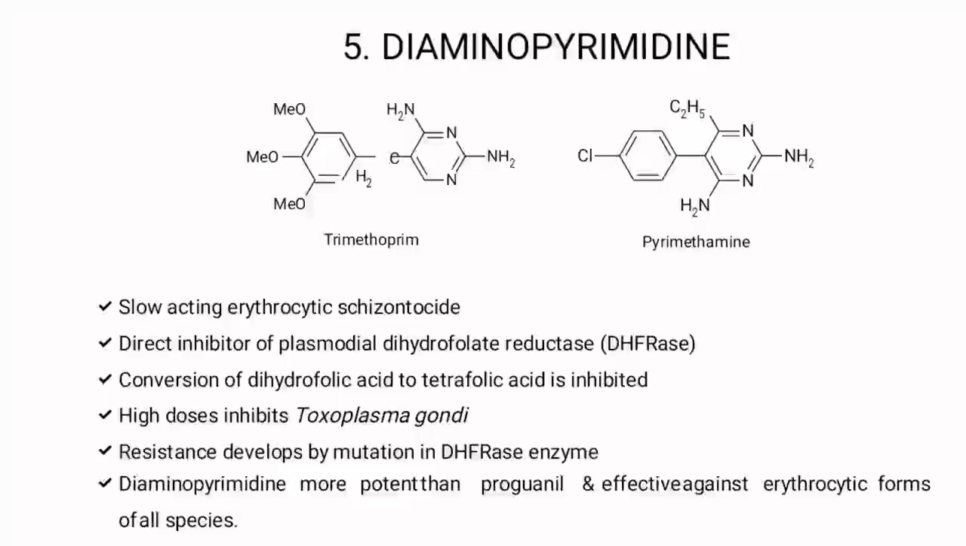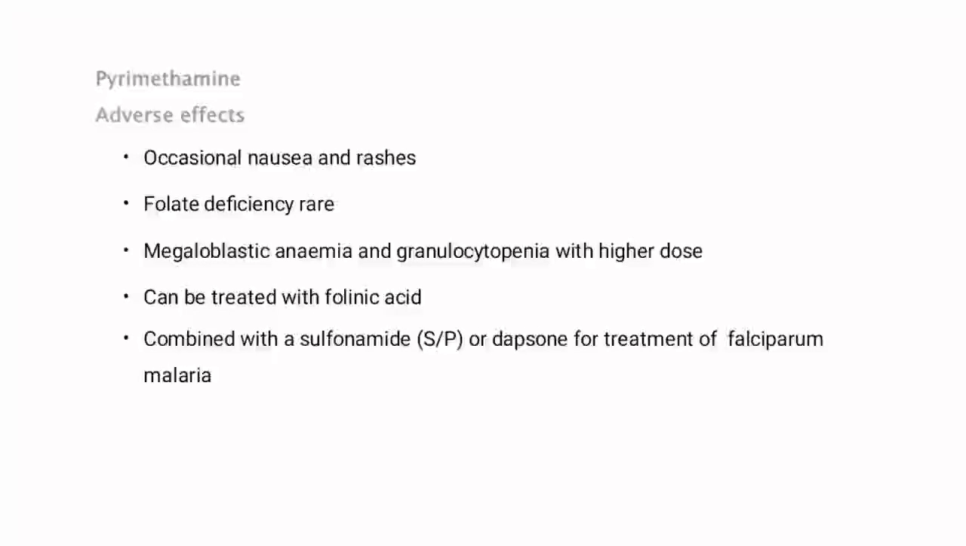So diaminopyrimidines are more potent than proguanil and effective against erythrocytic forms of all species. Means either falciparum or vivax, they act on all kinds of species. Then pyrimethamine,